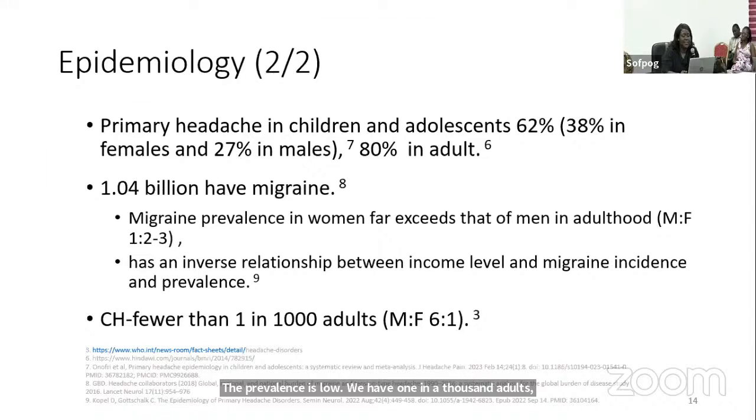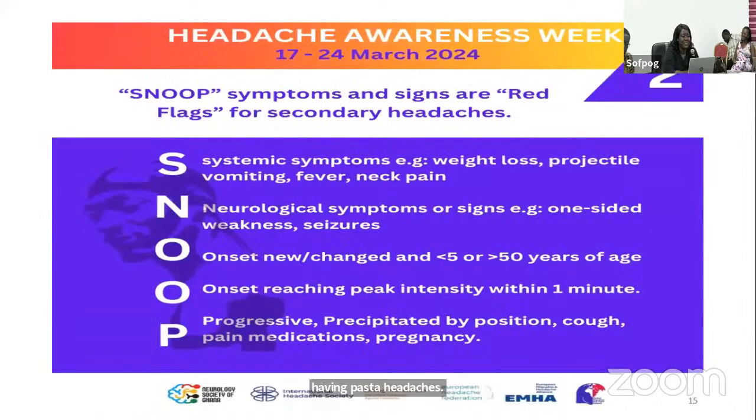It is important for us to differentiate between primary headaches and secondary headaches. This is so because primary headaches rarely kill an individual. They are not fatal. But secondary headaches are. So recently at the Headache Awareness Week, this flyer was made, and I thought it was important to share it